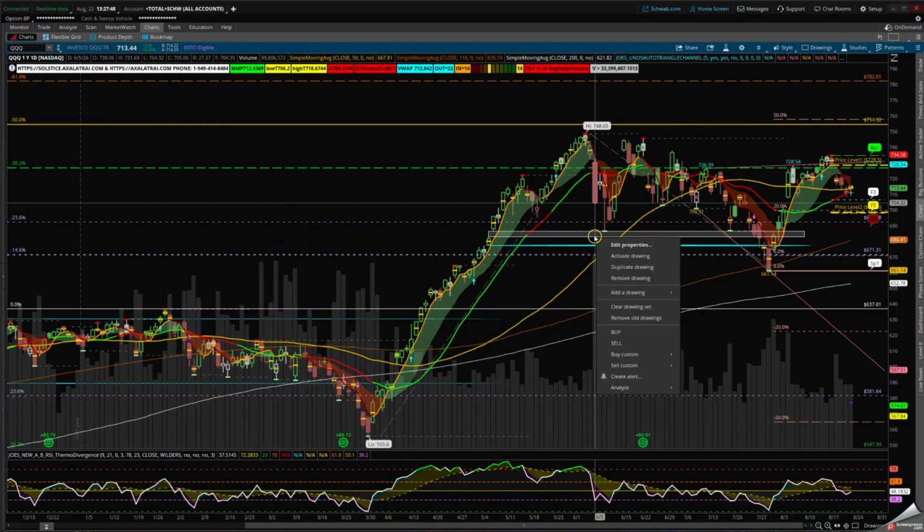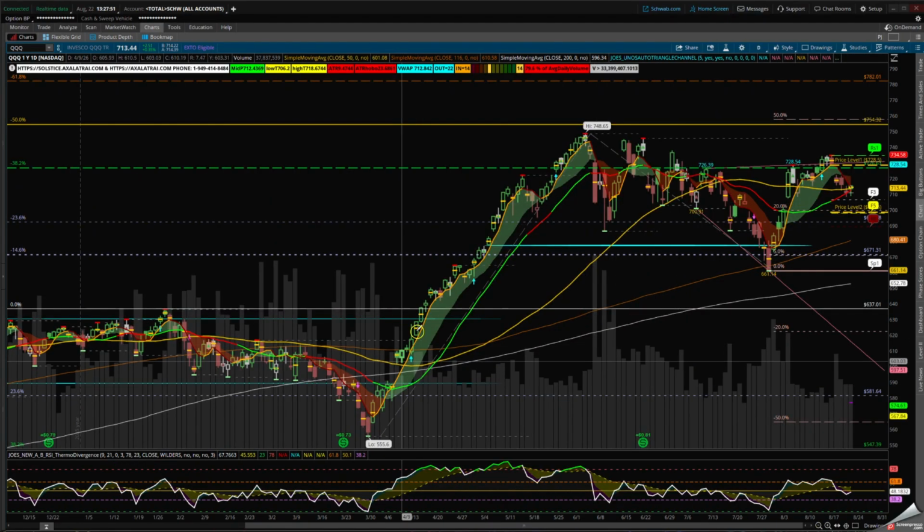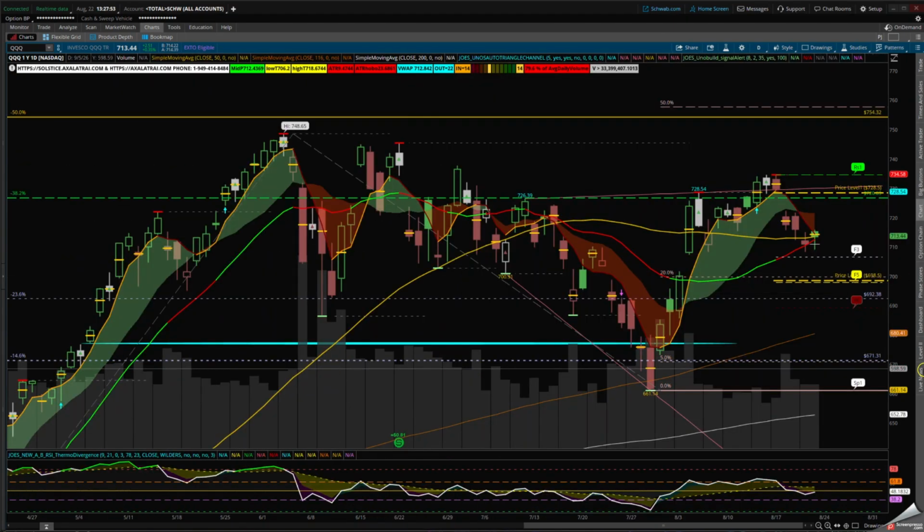You can see I marked last time the gap reversal down here. We do have these ones down here, but what I wanted to show you is that this level here is very important, in this one here, in case I end up losing the 50 and the 18 SMA on the charts on the QQQ.